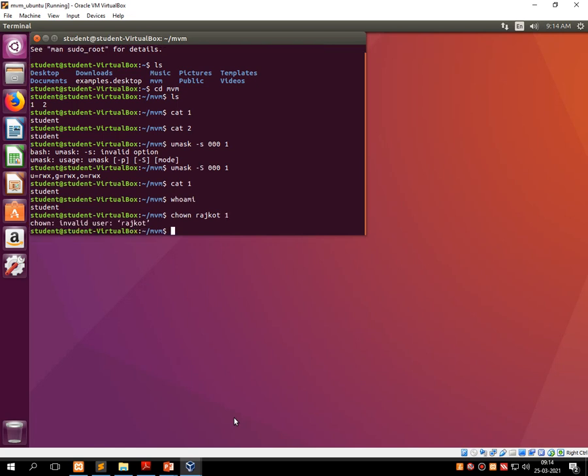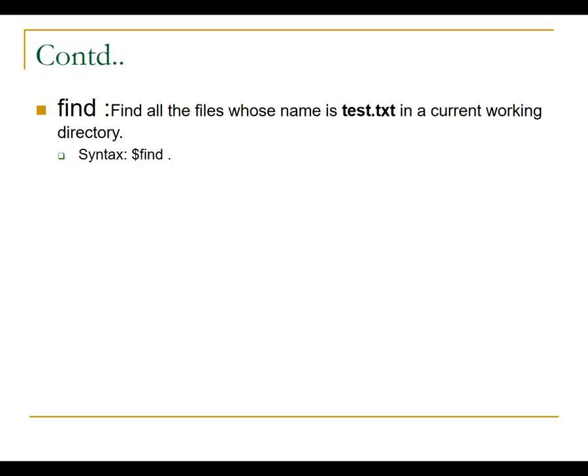Suppose I press enter, it shows invalid user Rajkot, because right now the Rajkot user is not available in the entire Linux operating system. For this, first we have to create another user called Rajkot, and then suppose I fire this particular command, then it will change the owner of the file from student to Rajkot. So in this way we can perform the chown command.